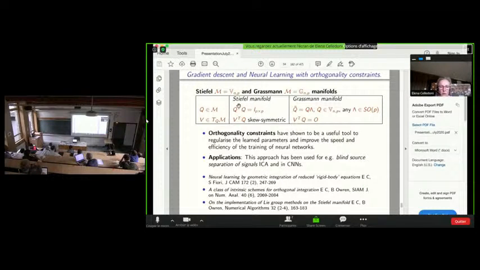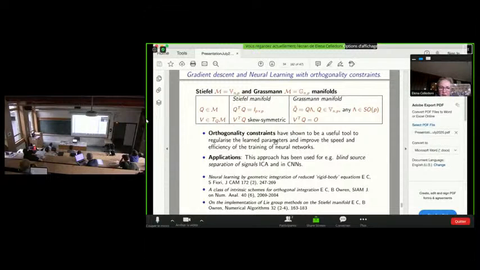In particular, when n is equal to p, these are orthogonal matrices, so they belong to the orthogonal group.